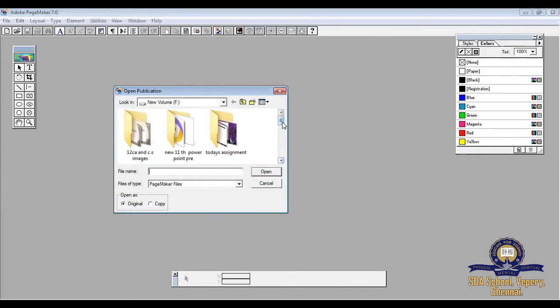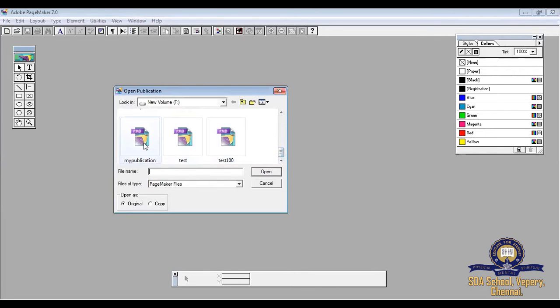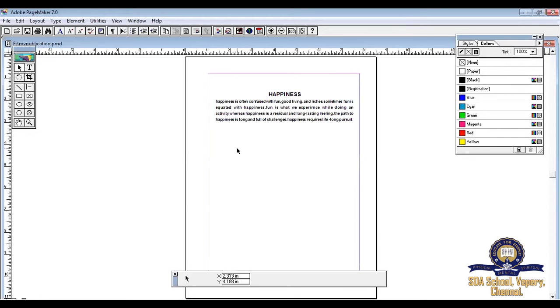If a file is already saved in my F drive, select that file and just give Open. Now the file has been opened. This is the procedure for opening an existing document.